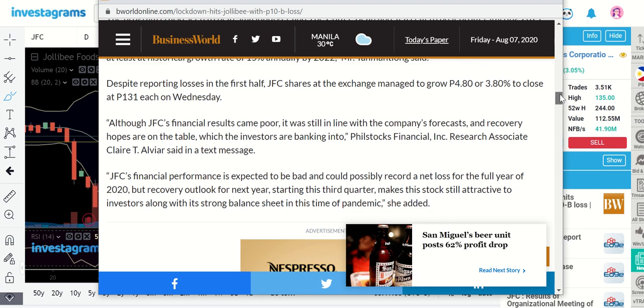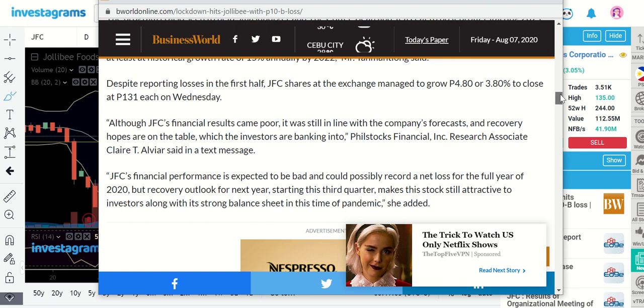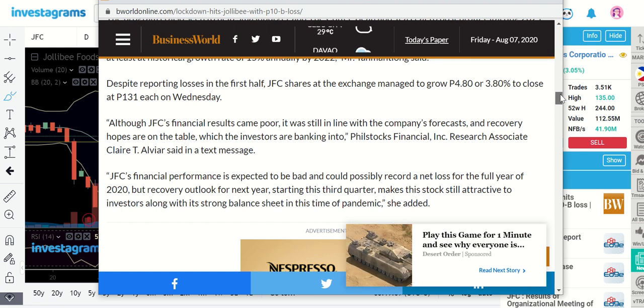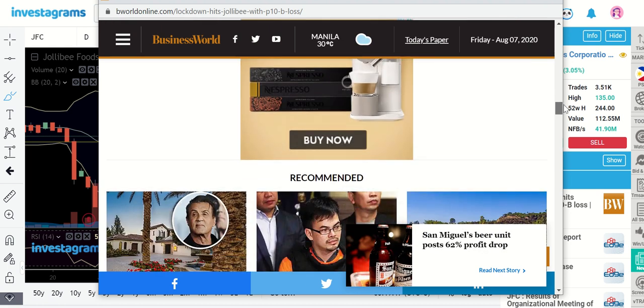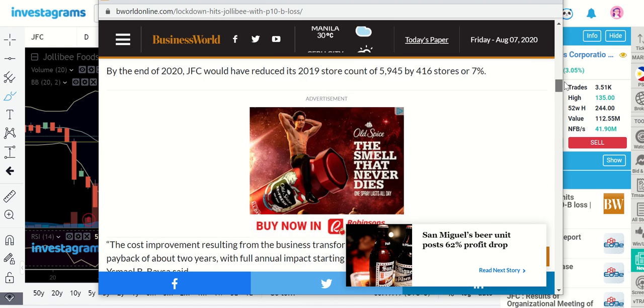JFC's financial performance is expected to be bad and could possibly record a net loss for the full year of 2020, but the recovery outlook for next year, starting this third quarter, makes this stock still attractive to investors, along with its strong balance sheet in this time of pandemic. Yeah, so I'm not hyping, but